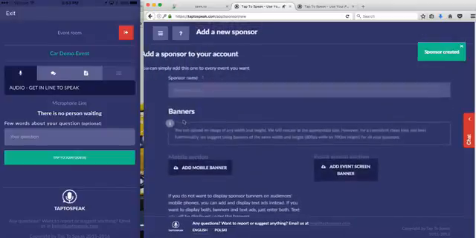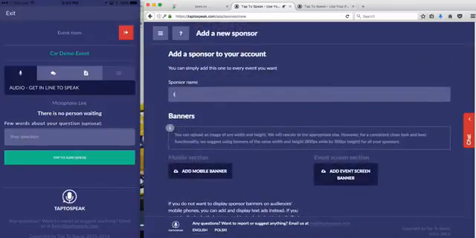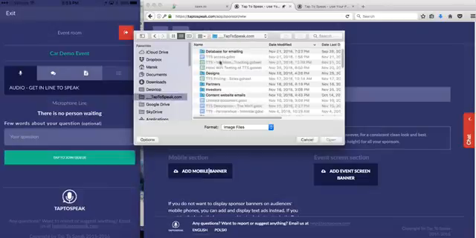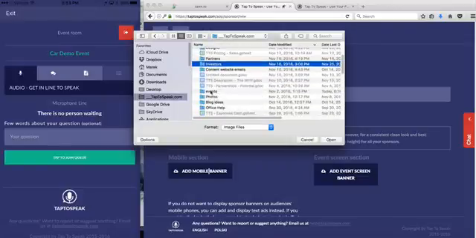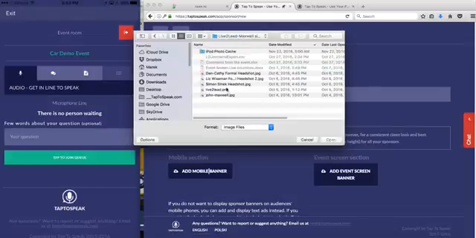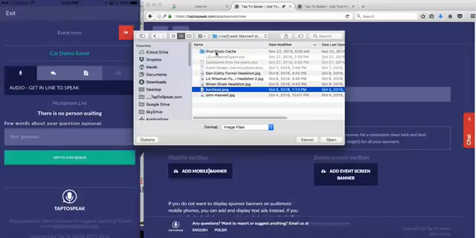Let's just add another sponsor. Let's just call it IWW. And IWW, by the way, is my digital agency company that I own and operate for the last 8 years. Let me see if I have a logo there somewhere. If not, left to lead. I don't have it here, but